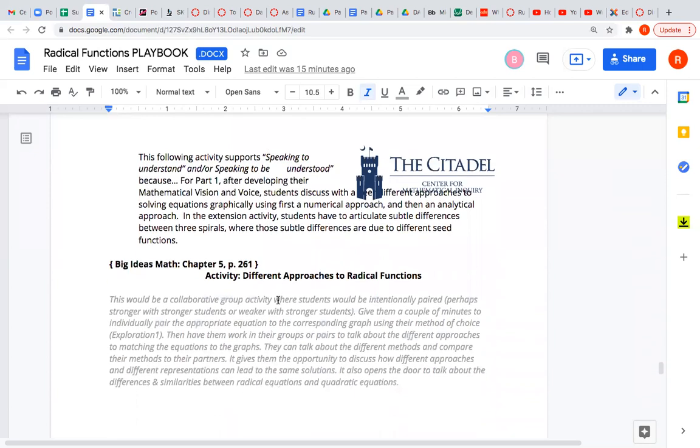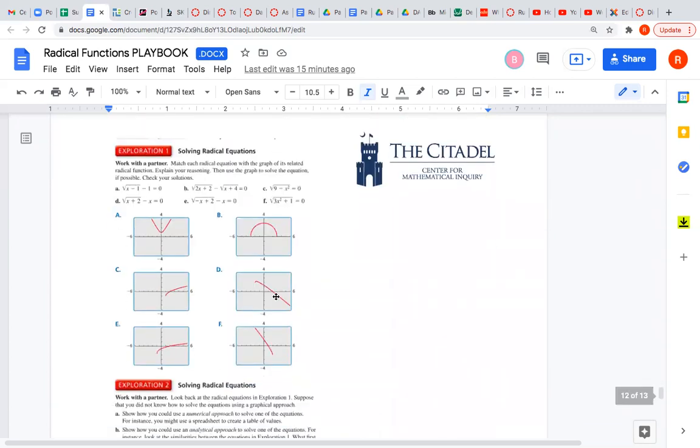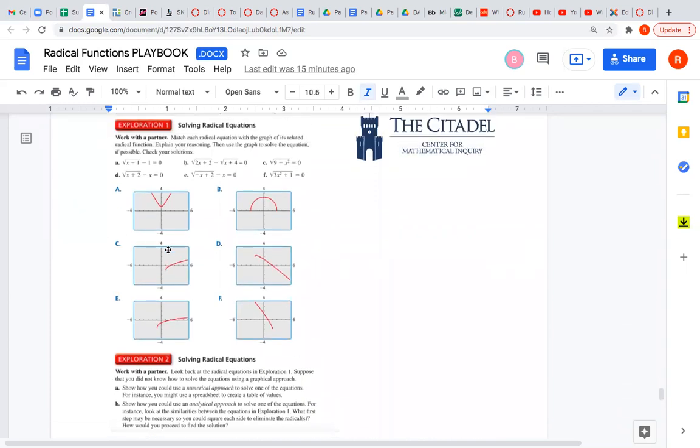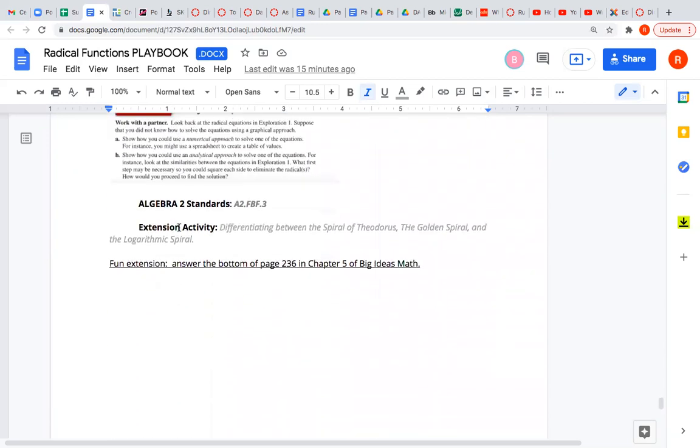This is an activity, different approaches to radical functions. Students discuss what's the best way to approach it: analytical, numerical, looking at the functions and the graphs. You're forced to refer back to steps 1 through 5 to help you answer this. And then a good extension activity,